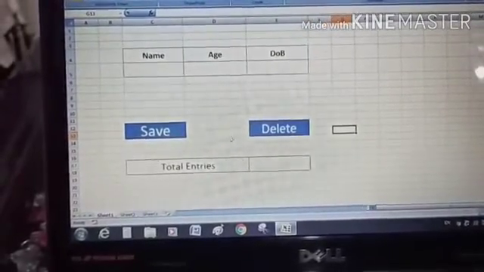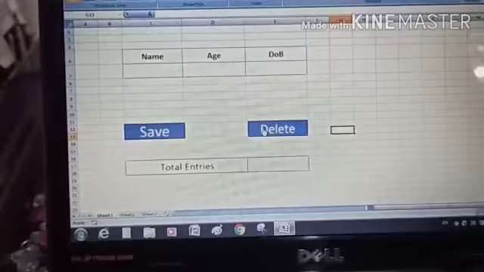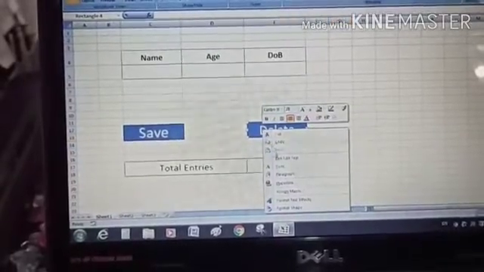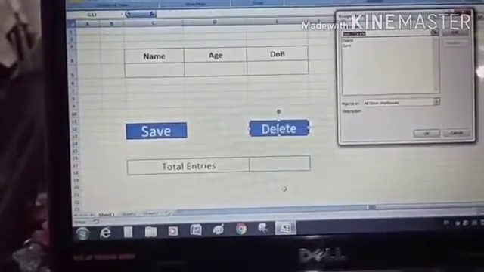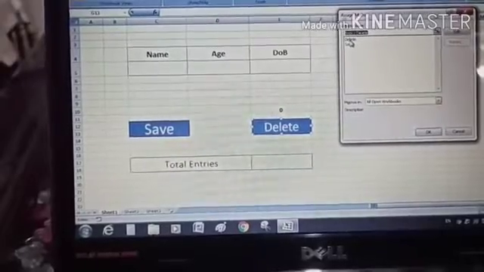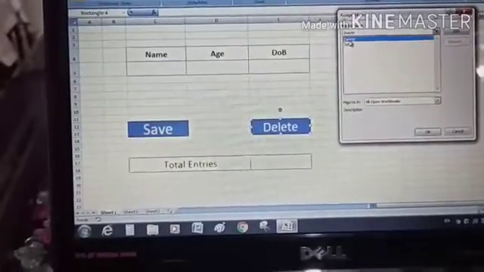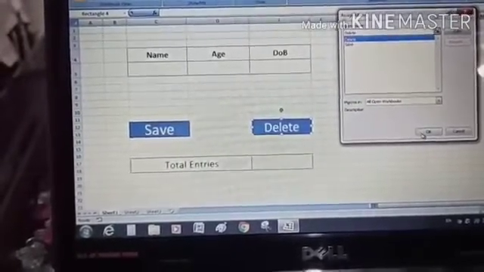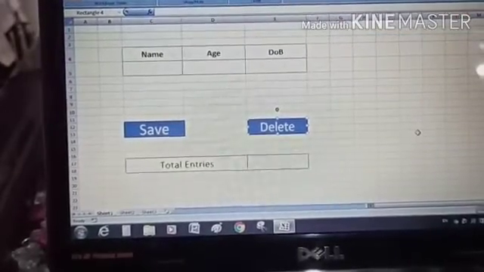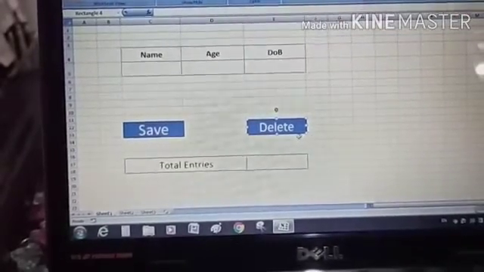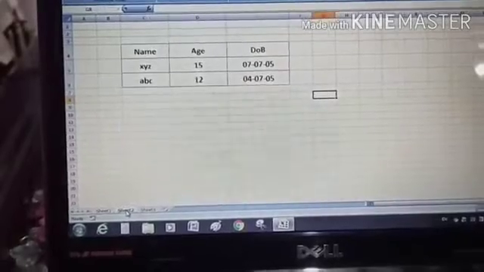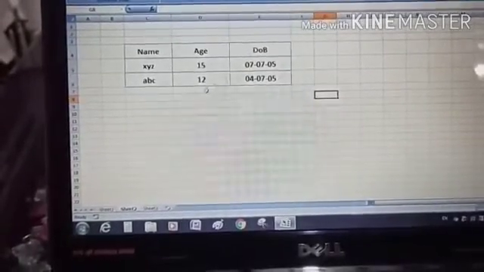Now assign this macro to this delete button. Right click here, click on the assign macro, and here you can see your newly created macro delete. Select it and click on the OK button. So when you click here on the delete button, a record will get deleted from here.